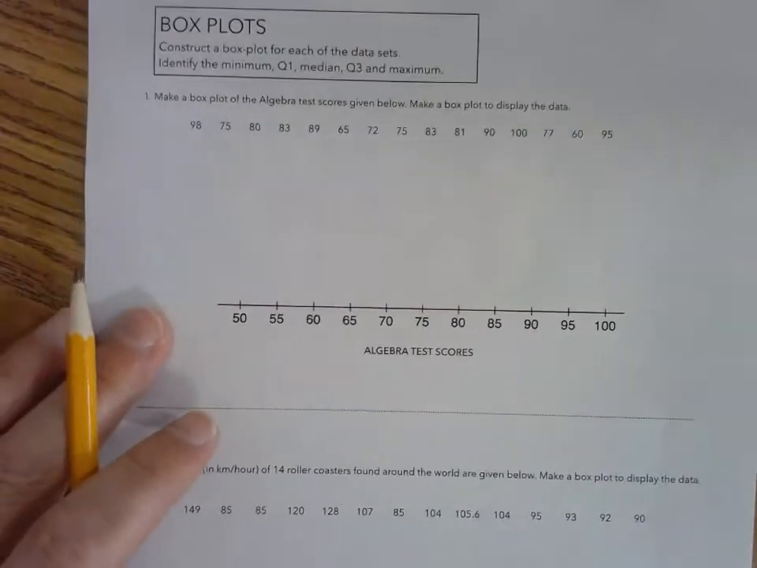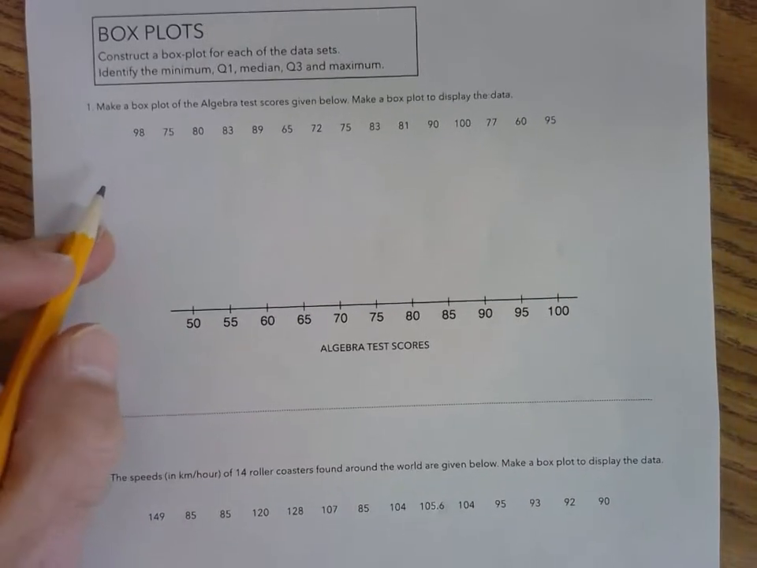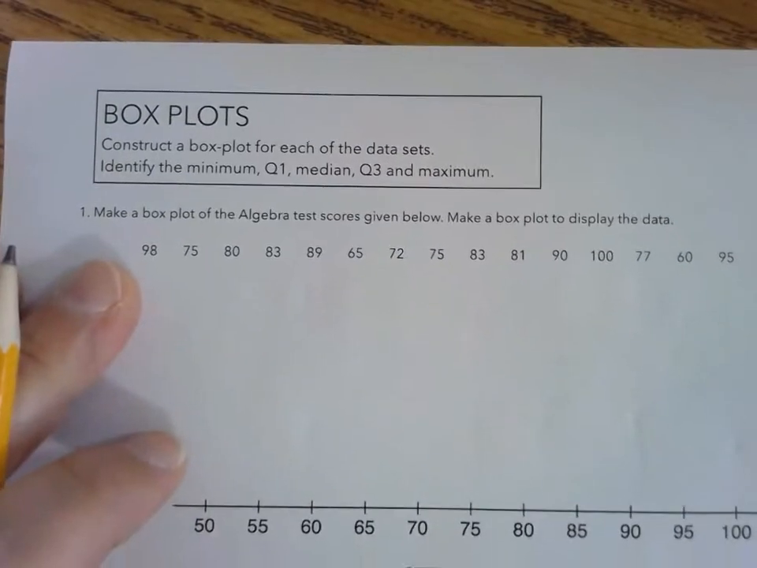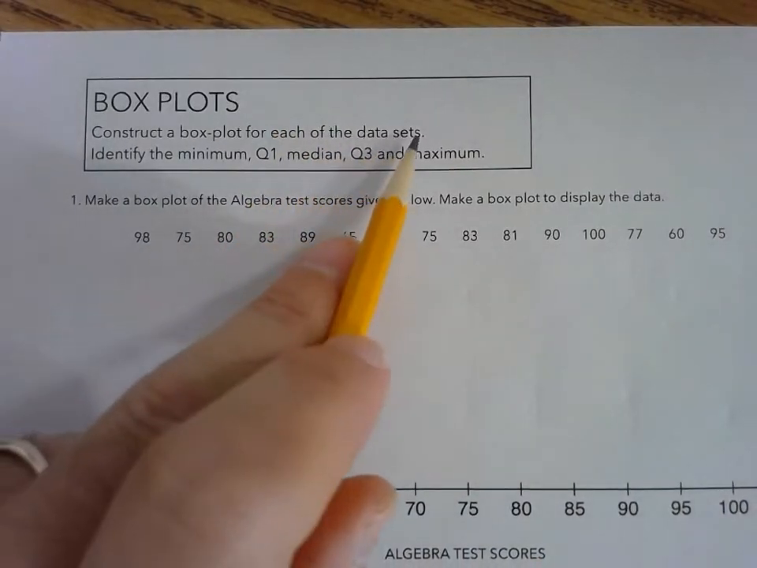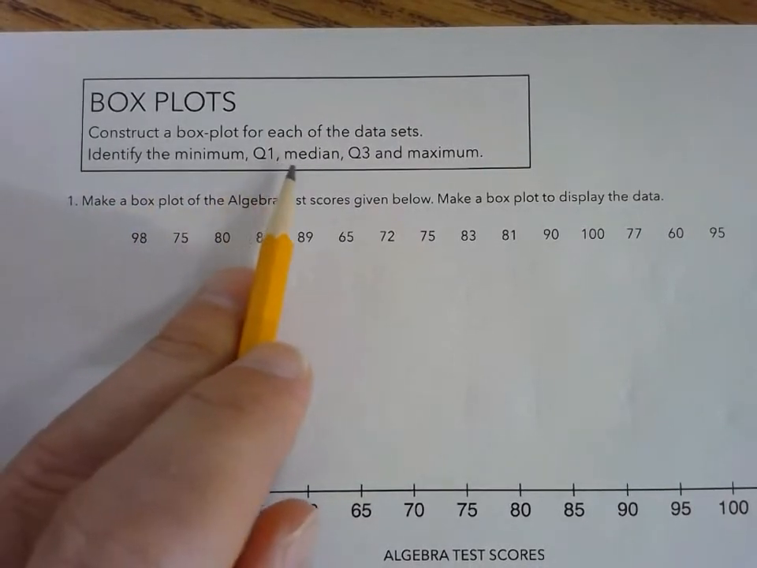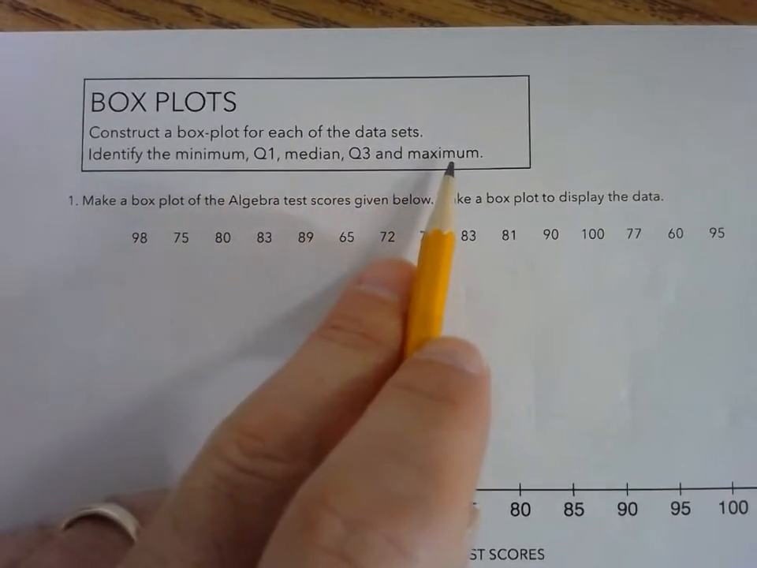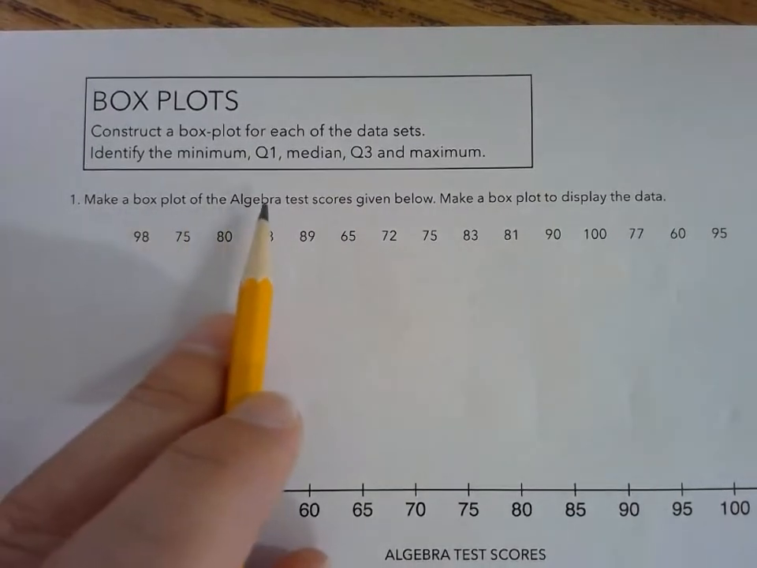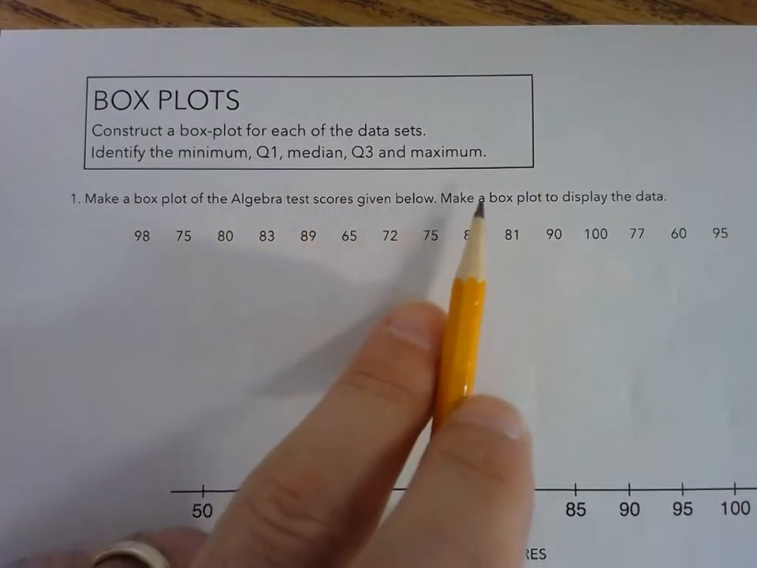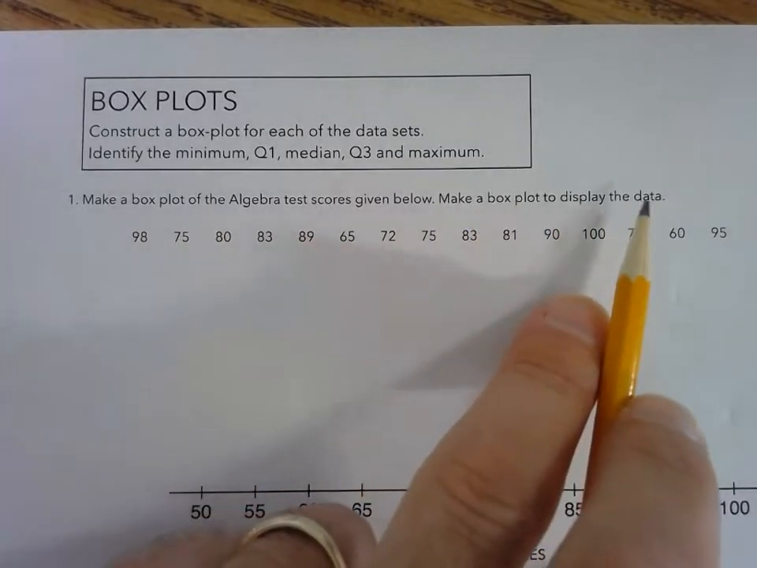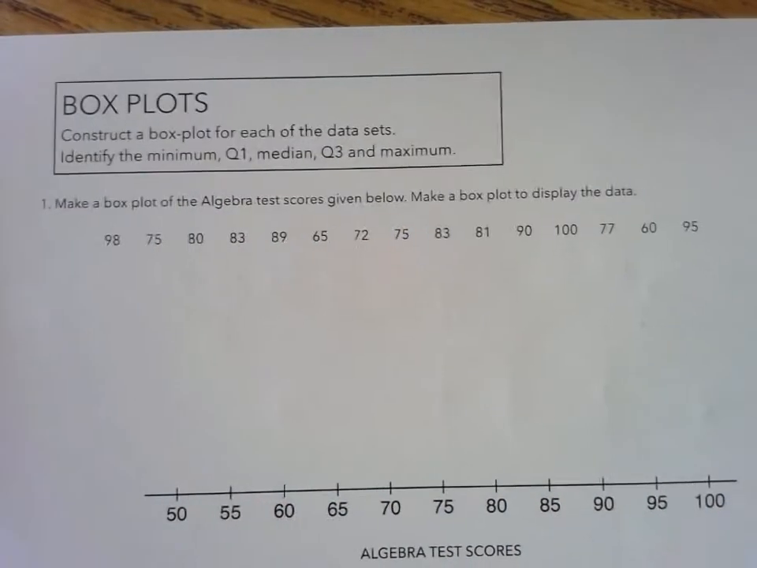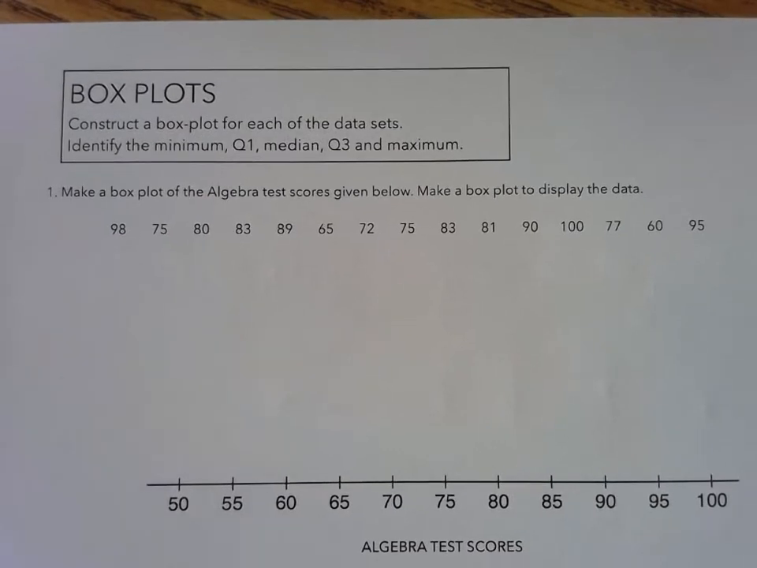All right. So I'm going to show you guys a box and whisker plot here. Sorry, I don't want to show you that. I want to show you this one. This is a box and whisker plot that we're going to do together here. It says construct a box plot for each of the data sets. Identify the minimum, quartile 1, median, quartile 3, and maximum. Make a box plot of the algebra test scores given below. Make a box plot to display the data. So, first thing you want to do, well, you can use your notes here. But what did we say here? First thing you want to do,